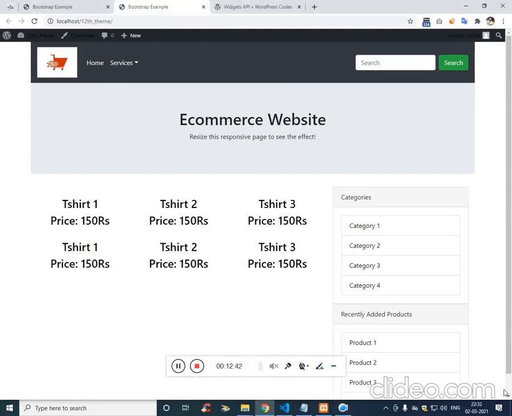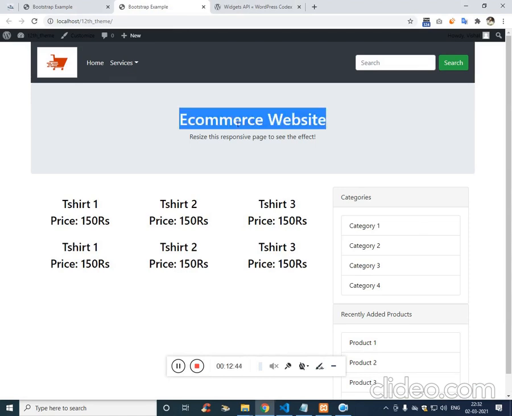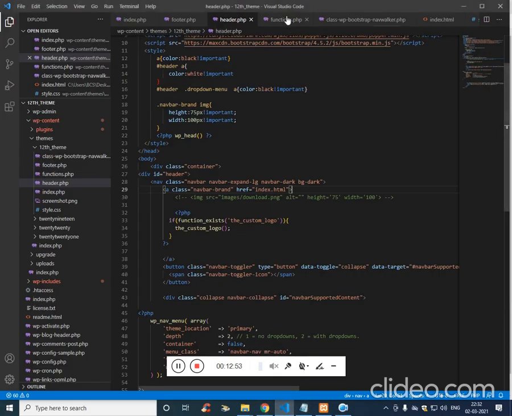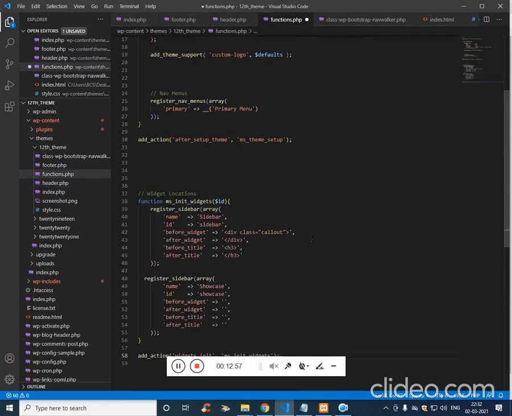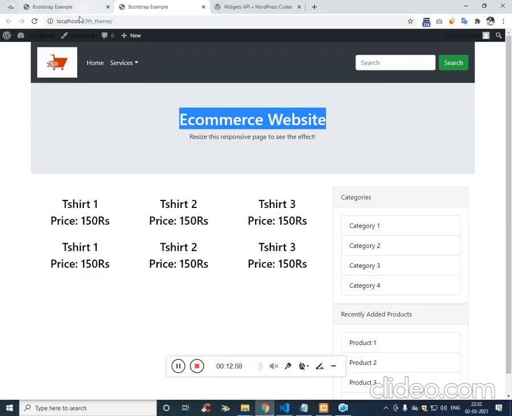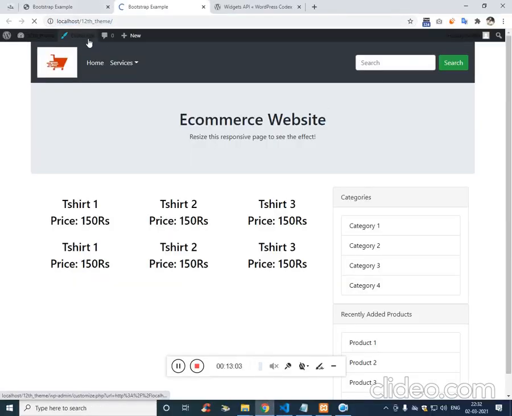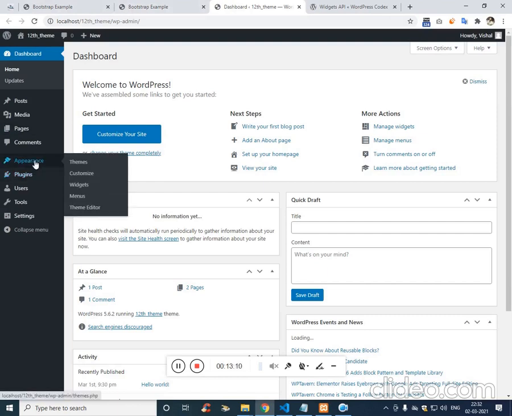Now the tricky part comes in. What we are going to do is create a widget plugin. So what will the widget plugin do? For that, we first have to register the sidebar in the functions.php. So if I show you, this has been overridden. It's the dashboard. Now on the widget section, appearance widget,